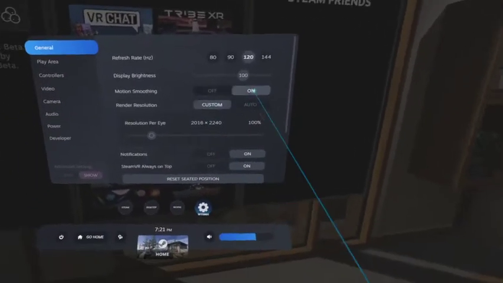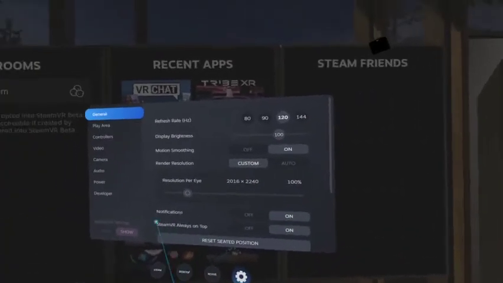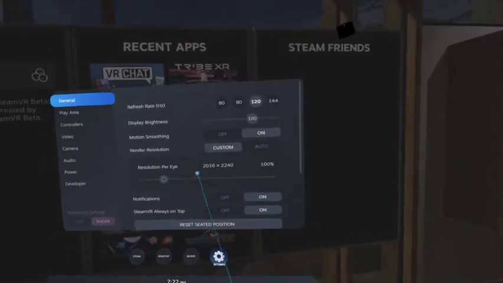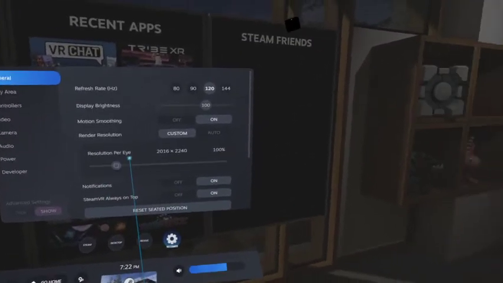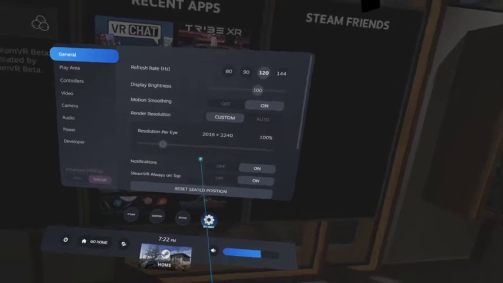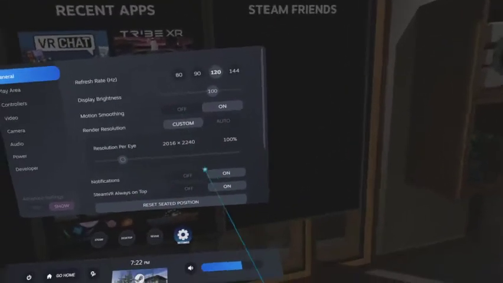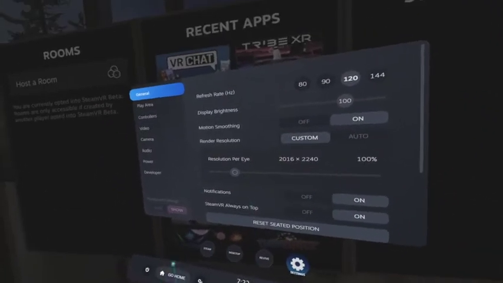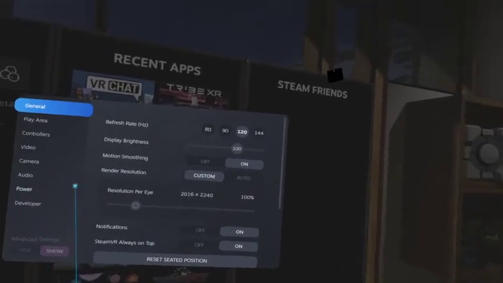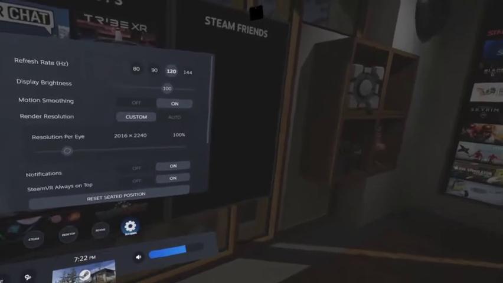But then you go into a place like the Void Club, especially with a crowd, and you're going to want to find that medium between avoiding lag and having acceptable resolution. So I dropped this down to like 50%, and it was certainly acceptable, and it's well worth having the lower resolution rather than lag. But it wasn't perfect, and like I said, it seemed to work better at first than it did later on, and I didn't really do any solid